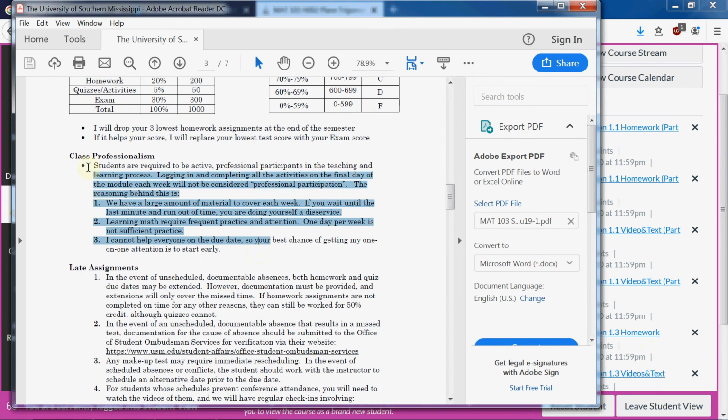What else? Class professionalism. So far, everyone's been really good about this. I guess the first Monday hasn't come around. The main thing I'm looking for here is, are you logging in throughout the week, or are you consistently waiting until the last day to do your work? And it's pretty obvious to me when you're doing that, because typically that's, if I'm getting a bunch of messages from you on Monday nights, that could get concerning if it's consistent. Don't worry if it happens occasionally. But if every week you're calling me, we're gonna have a talk about your professionalism. If every week you're calling me on Monday night at 10 o'clock,